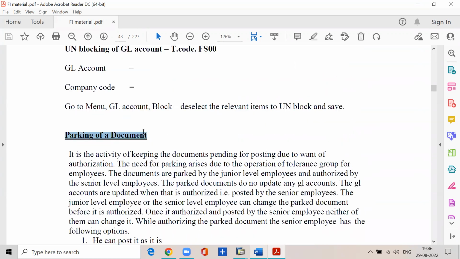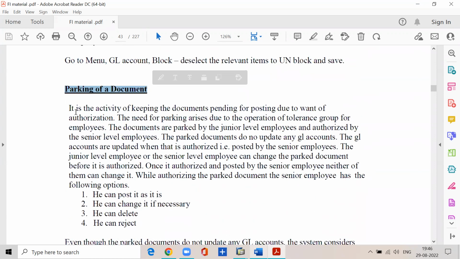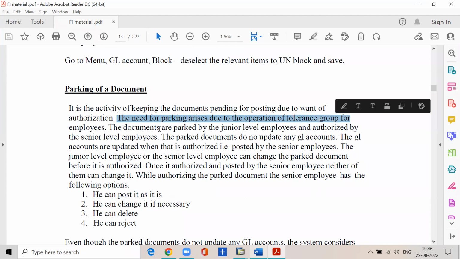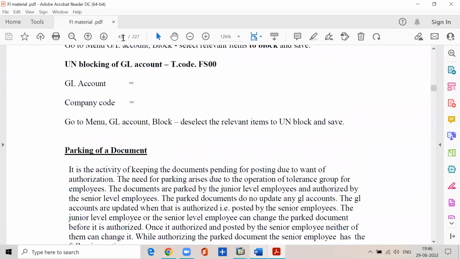Now, parking of a document. It is the activity of keeping the documents pending for posting due to want of authorization. The need for parking arises due to the operation of tolerance groups for employees. Means here,